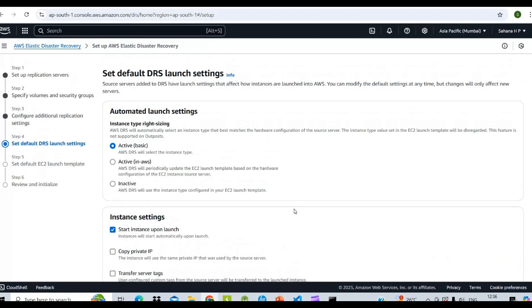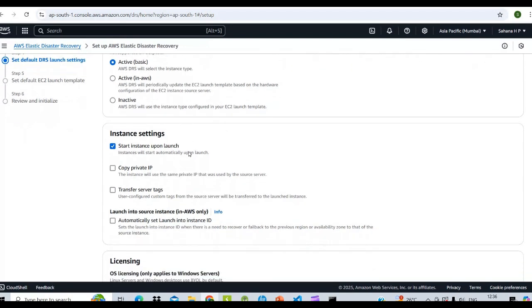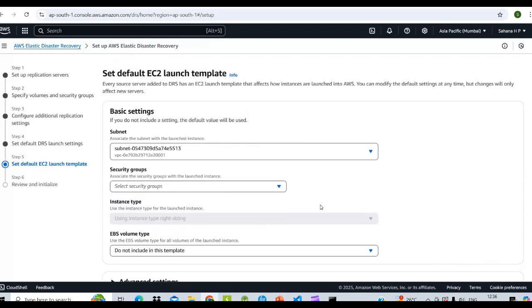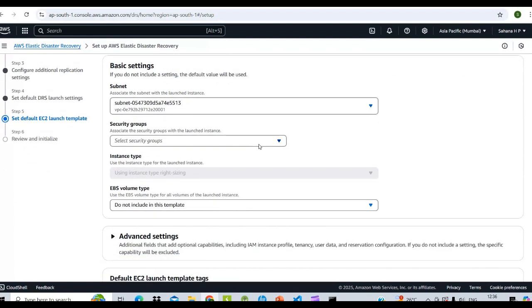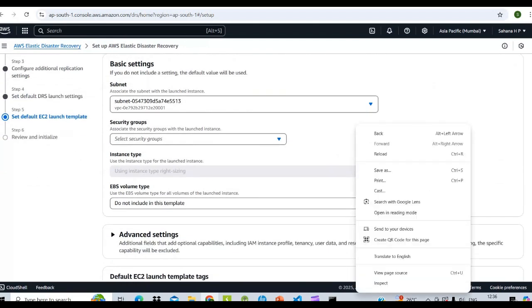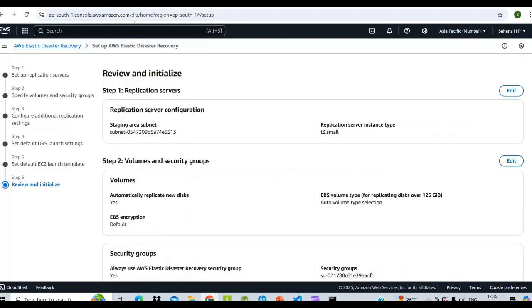The next is setting the default DRS launch settings. For the automated launch settings, here I'm choosing the basic instance only. The next is the instance setting for launch. The next is OS licensing, take it as default and click on next. The next is the default EC2 launch template. Here we don't need to change anything. Click on next.